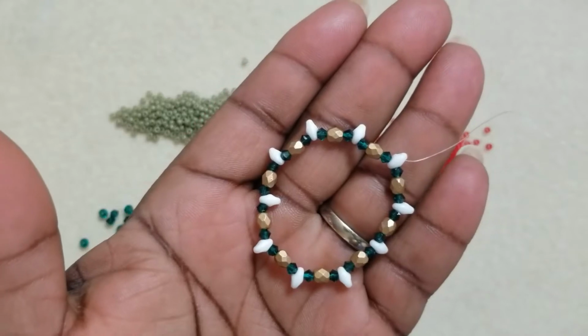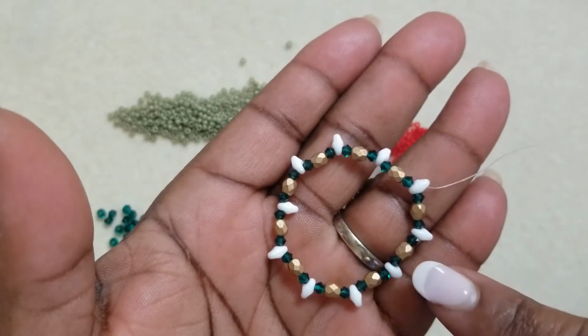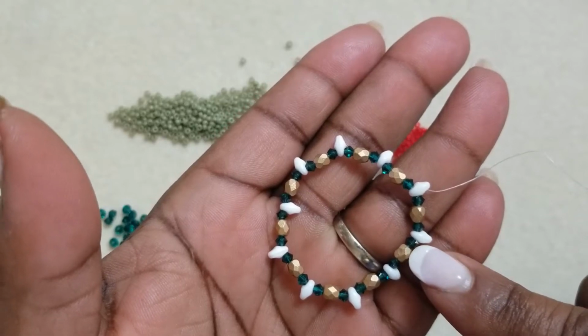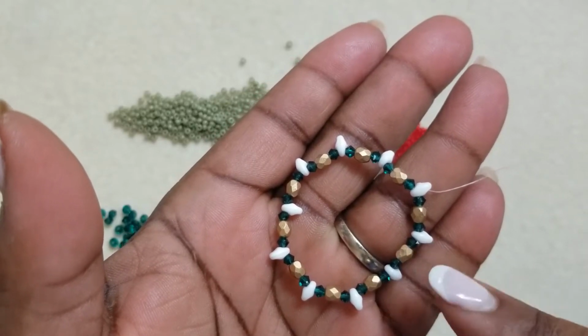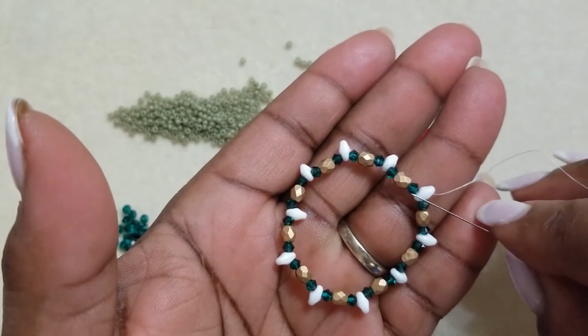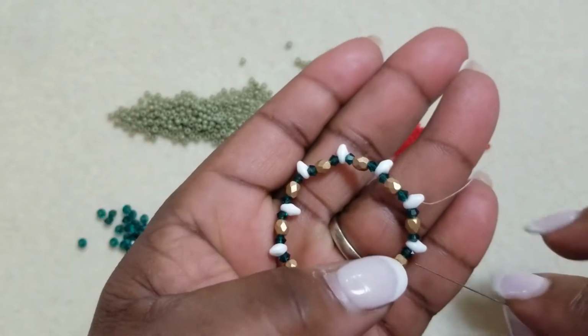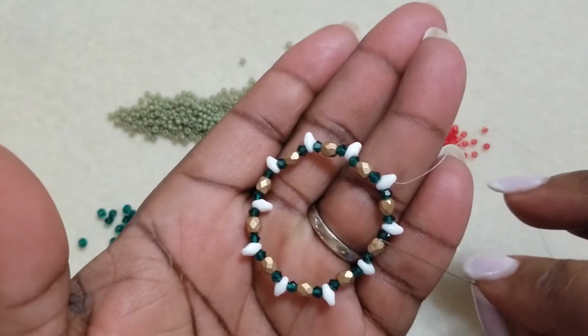I completed reinforcing my unit, and I went past the SuperDuo where I had my tail thread sticking out, and I went into this SuperDuo here. Went into this SuperDuo here, and I stepped up by going into the second hole. Then I nipped off my tail thread,